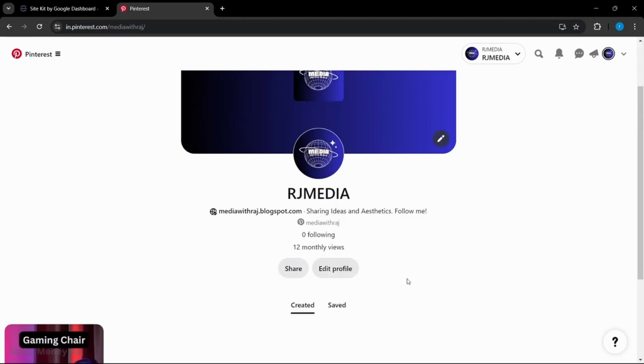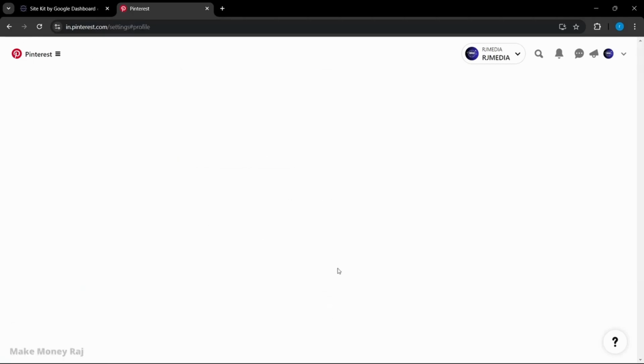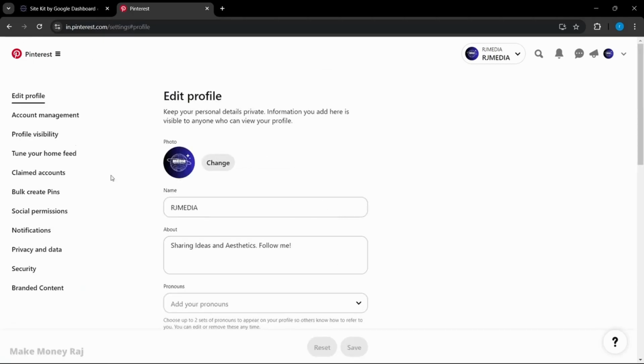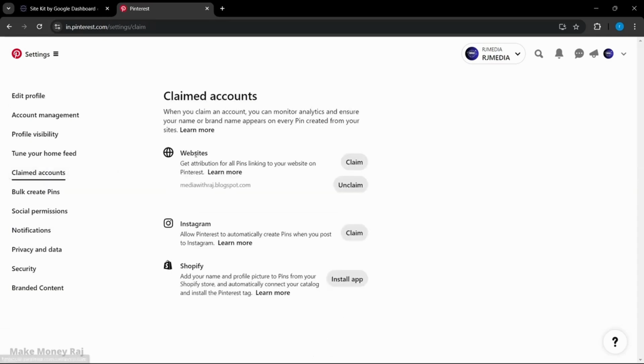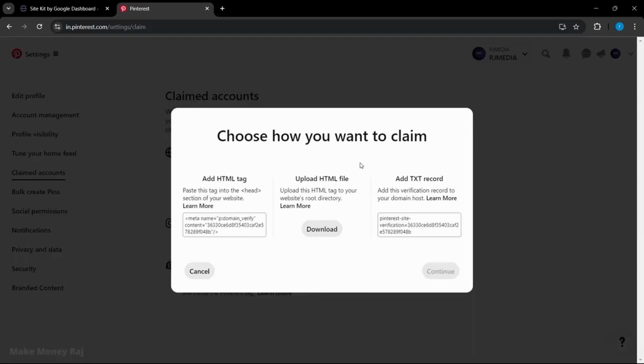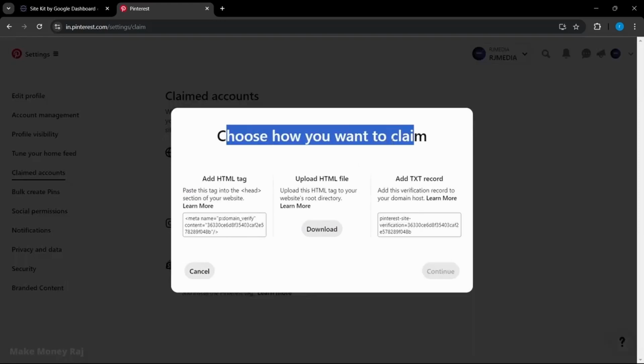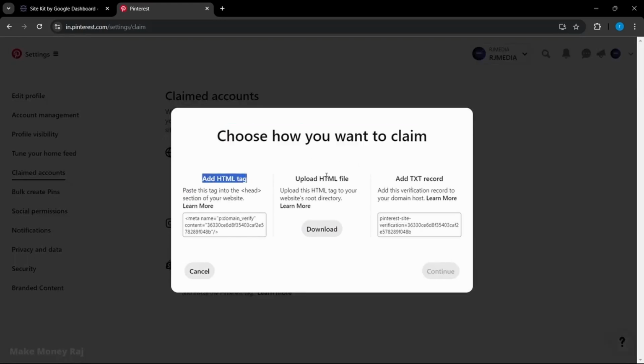Now for that, we're going to click on edit profile, and here go to claimed accounts. Under the website, we're going to click on claim, and it will ask you to choose how you want to claim: add HTML code, upload HTML file, or add TXT record. We're going to click on add HTML tag, click on copy, continue,